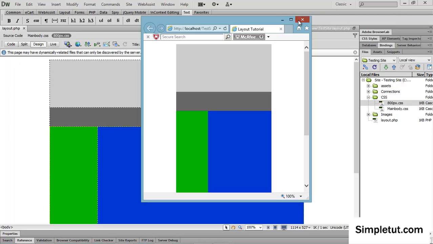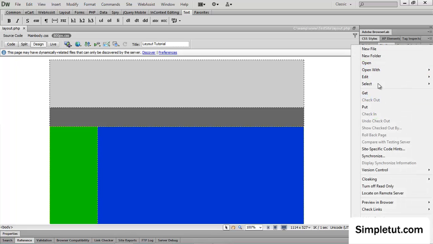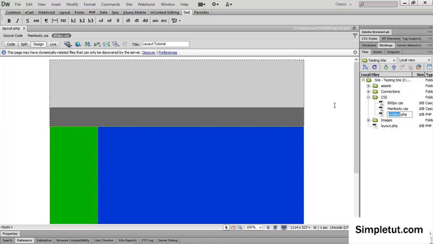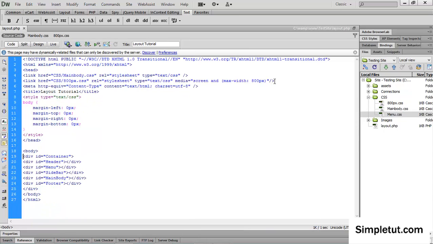So let's close that, and let's now go into the final part, the third part of the tutorial, which is actually creating a CSS menu for our web page. So to do that, I'm going to create a new CSS file within my CSS files folder. I'm going to call this menu.css. And just like I did previously, I'm going to go into source code, and I'm going to call the